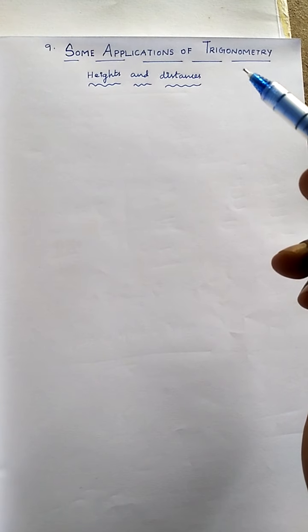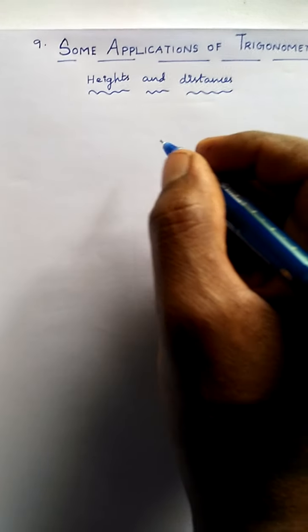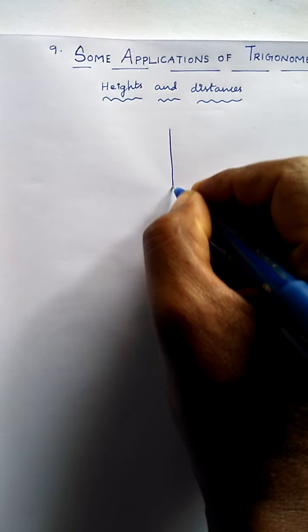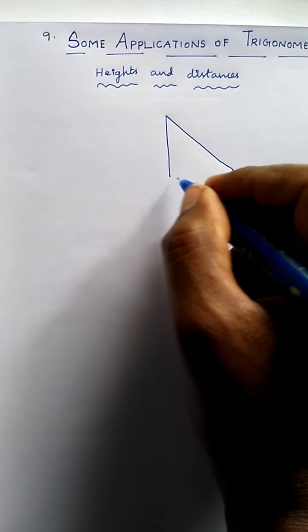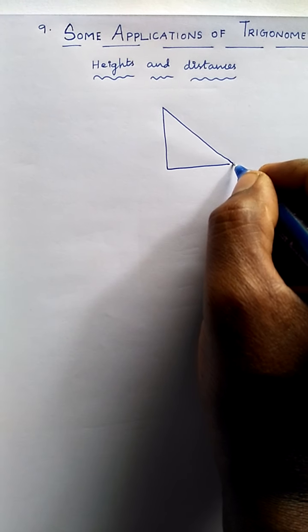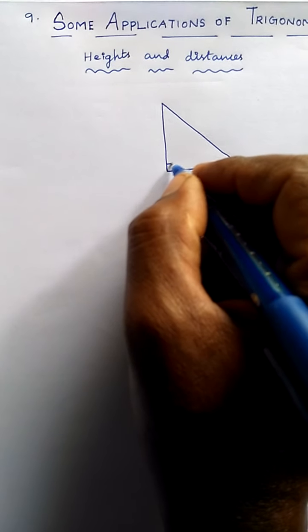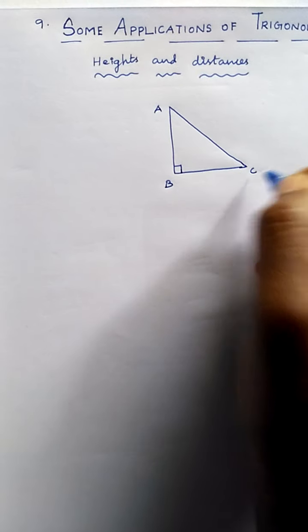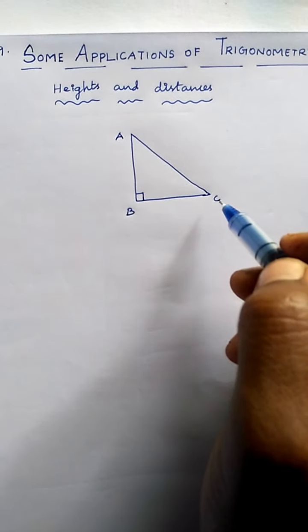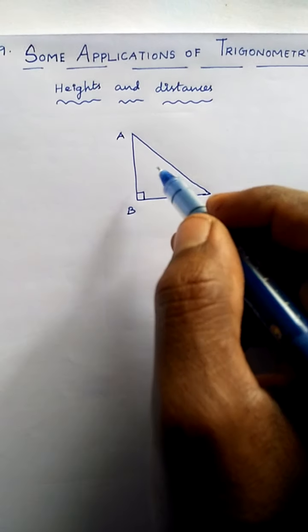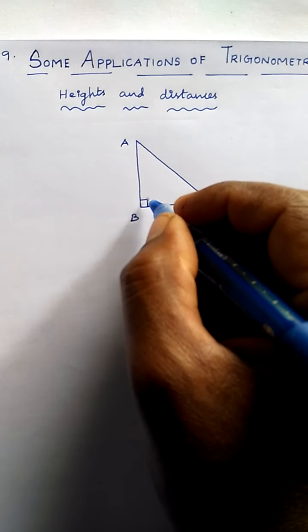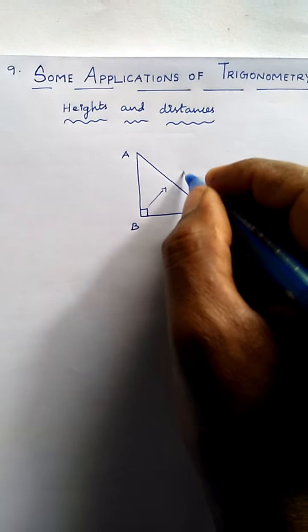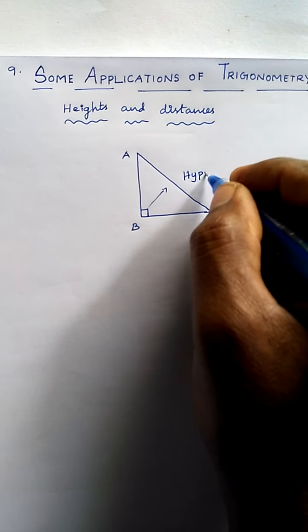In this trigonometry we will concentrate only on right angle triangles. So let's take one right angle triangle here, because we should know the names of all three sides of a right angle triangle. Let's draw one right angle triangle. Let's take the angle as 90 degrees. Name it A, B, C. So ABC is a right angle triangle. Now in this, each side has a different name. The side opposite the right angle is called the hypotenuse.